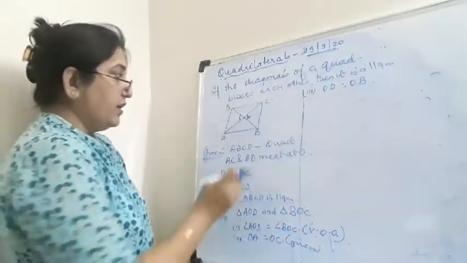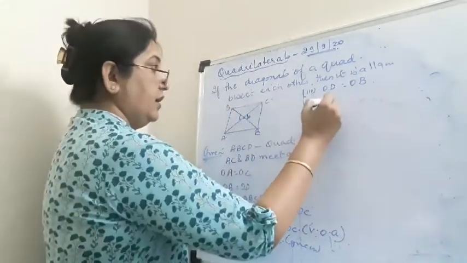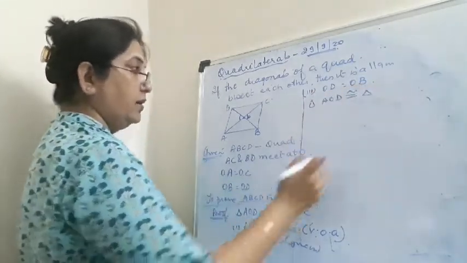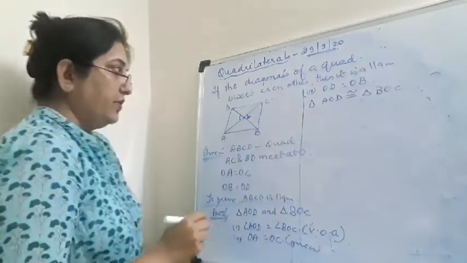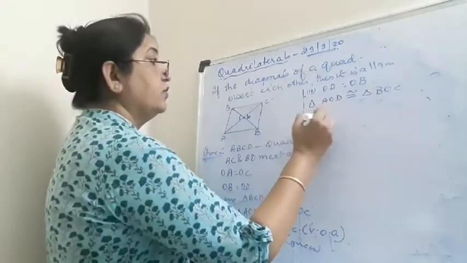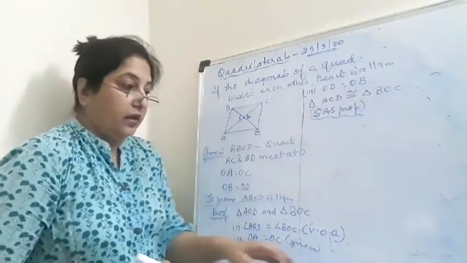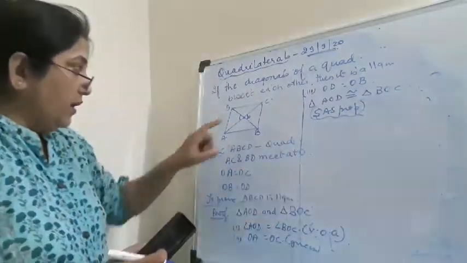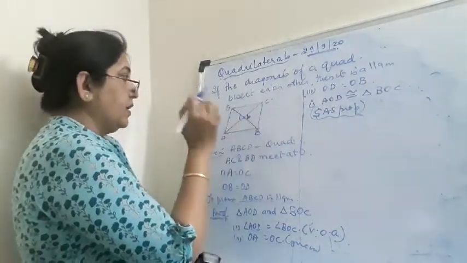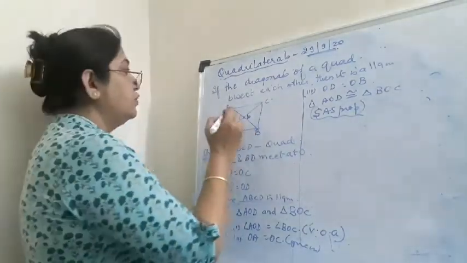Now as you can see that we have two sides and one angle, so we will write triangle AOD is congruent to triangle which one? BOC. Yes. And when the two triangles are congruent, by which congruence over here? We have one angle and two sides, so we have SAS property or SAS criteria. Okay, now looking at these two triangles, we have taken AOD. Now when the two triangles are congruent, you know that the corresponding parts are equal, so we can write